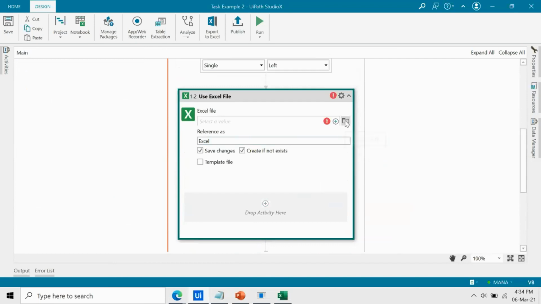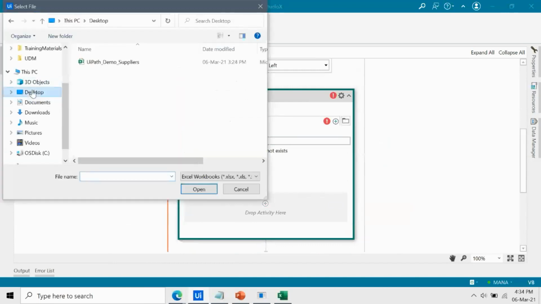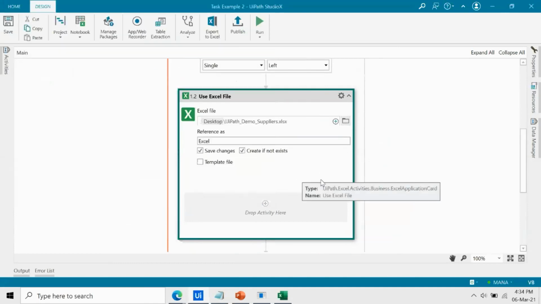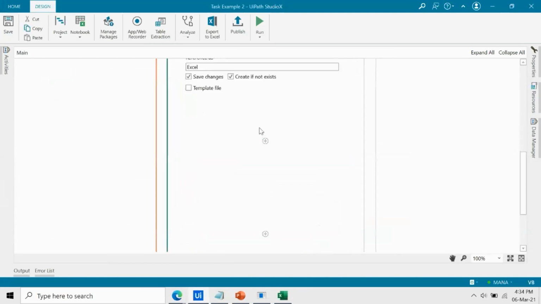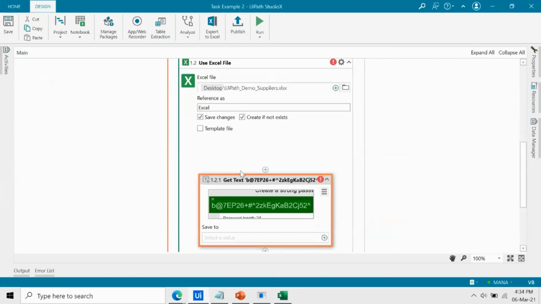Okay, so I go to the path and then choose the exact file where I would like to save the data. Okay, and now I can drag and drop the Get Text activity and put it inside the Excel.